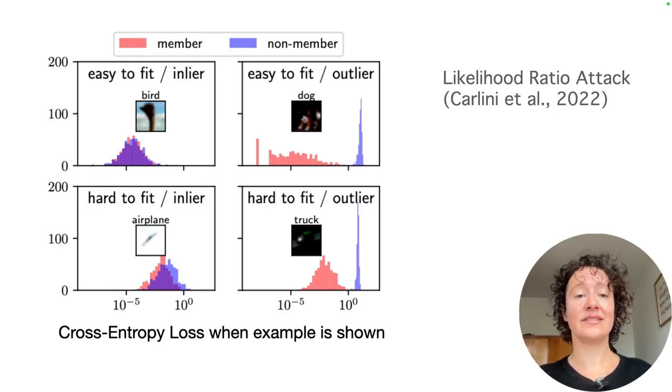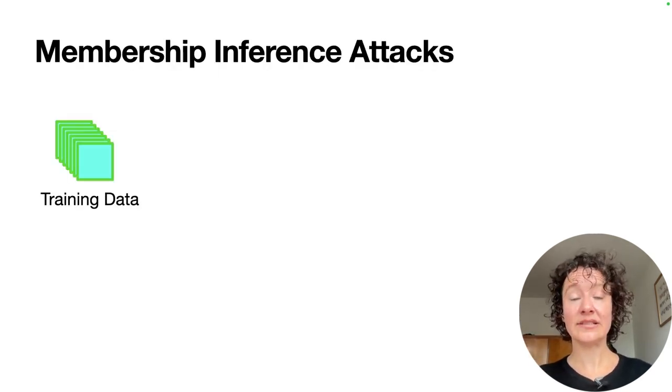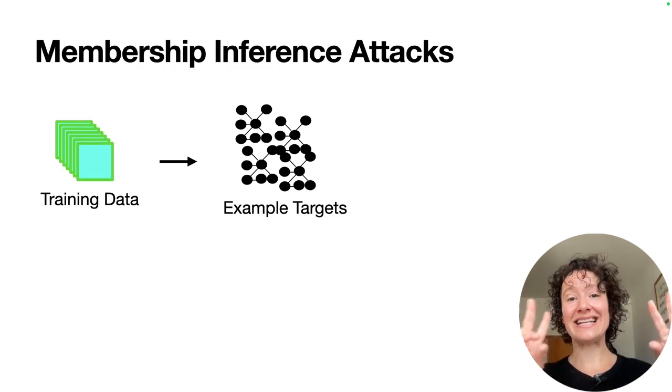Okay, so this is our goal. This is our goal as an attacker. Now, how do we actually do that? We take some training data. Either we can use training data that we know the model has if we have it. If it's trained on open data that we can just download and use, we can do that. If it's trained on private data, then we can try our best approximation of the training data. Then we split that training data into subsets. From those subsets, we train example target models. So we train perhaps many, perhaps few.